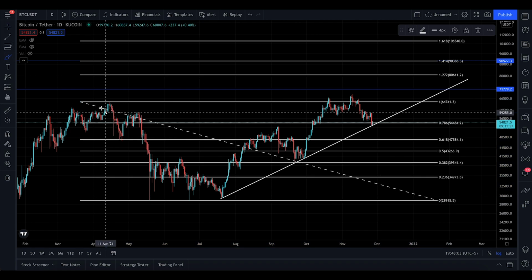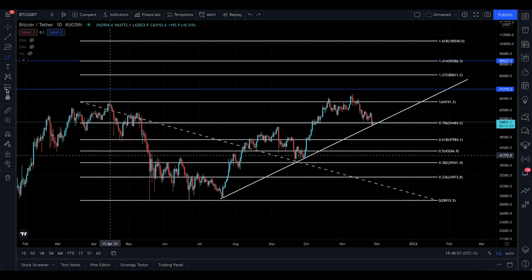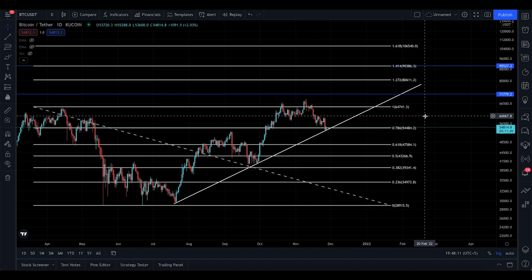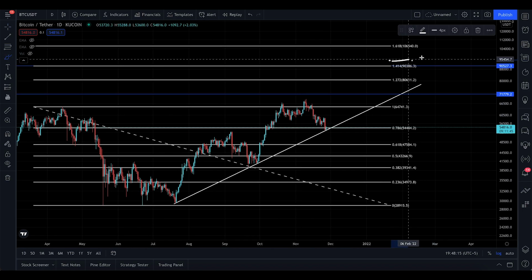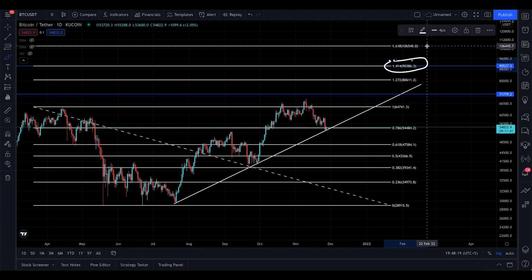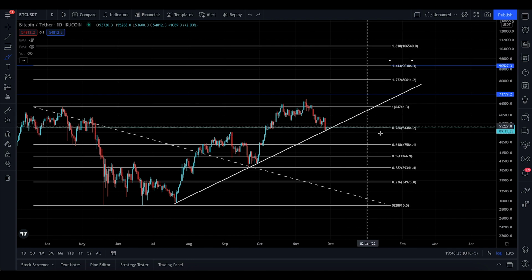So here we are, hear me out. This was your top, this was your bottom, right? And I took the fibs and I laid them down. Now look at this, okay. We have 90,000 at the 1.414. Do you see that? 1.414. Even though 100K is my price prediction and I told you we are on a journey to go there,